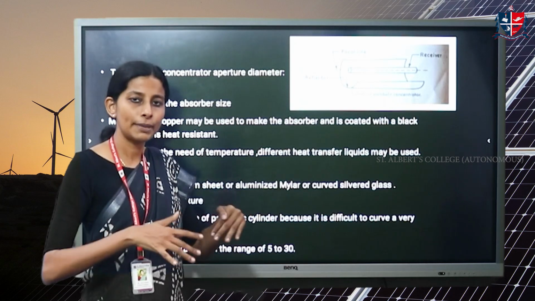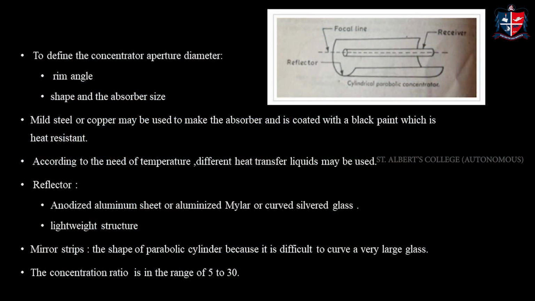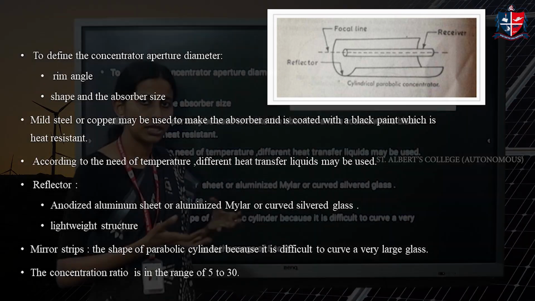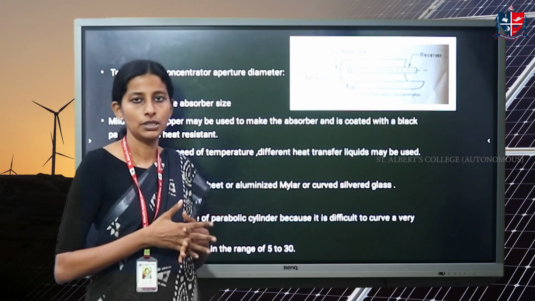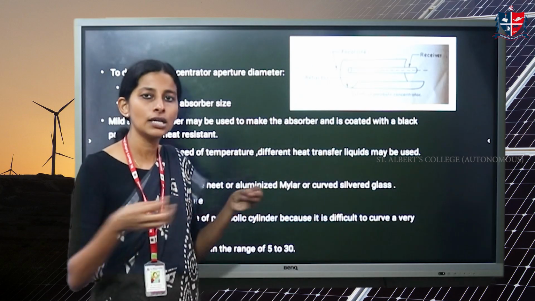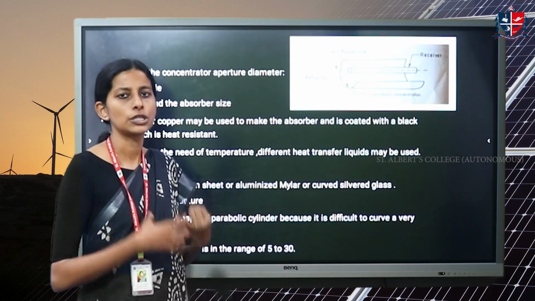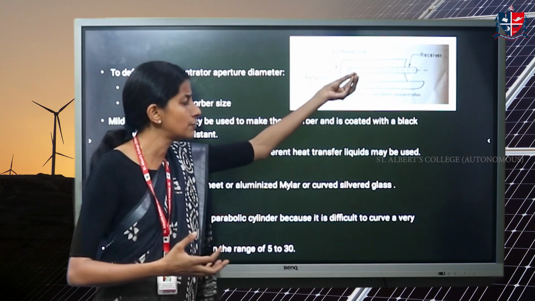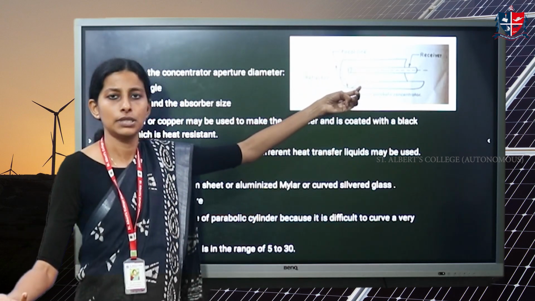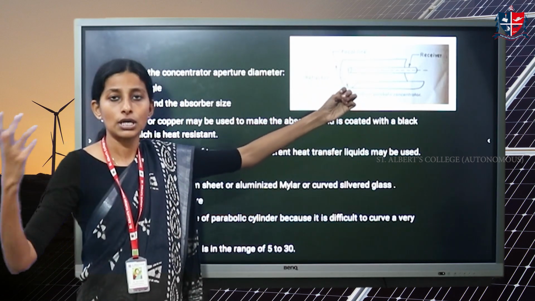Those rays falling on the parabola are focused onto this focal length or the focal line. On the focal line, we have placed this tube. So the radiation falling on the cylindrical parabola is focused on this tube. This tube has the liquid or the air, whatever has to be heated, that fluid. It could be an air heater, it could be a water heater, or simply the heat from this could be used for any other applications, like in a furnace or in a solar cooker, etc.